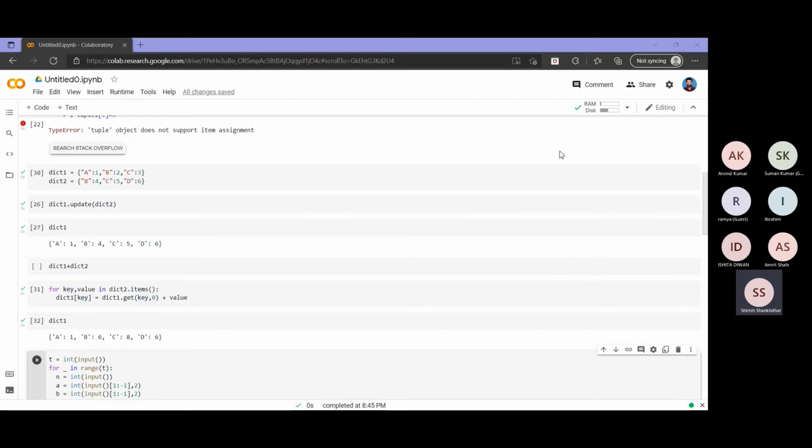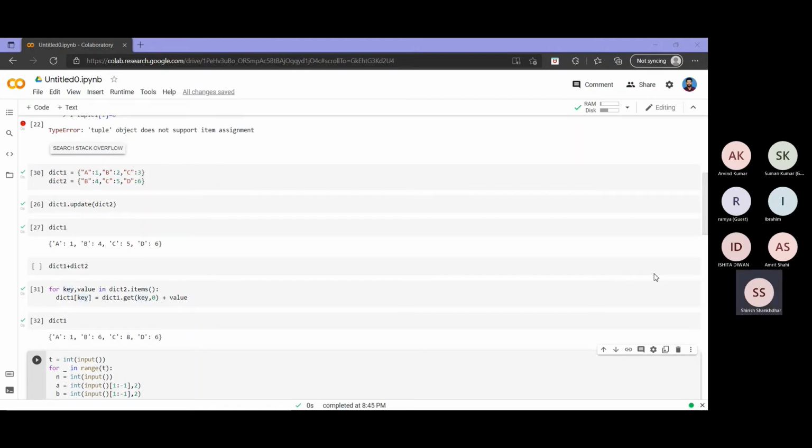So coming to the next question from Aravind. Can we update dict1 too? Yeah, sure. The problem with update is, if you do dict2 dot update dict1, then it will take dict2 as the reference. Whichever values are there, it will fetch and update from dict1. So if keys are present in both, the final values will correspond to the values in dict1. So both are correct only.